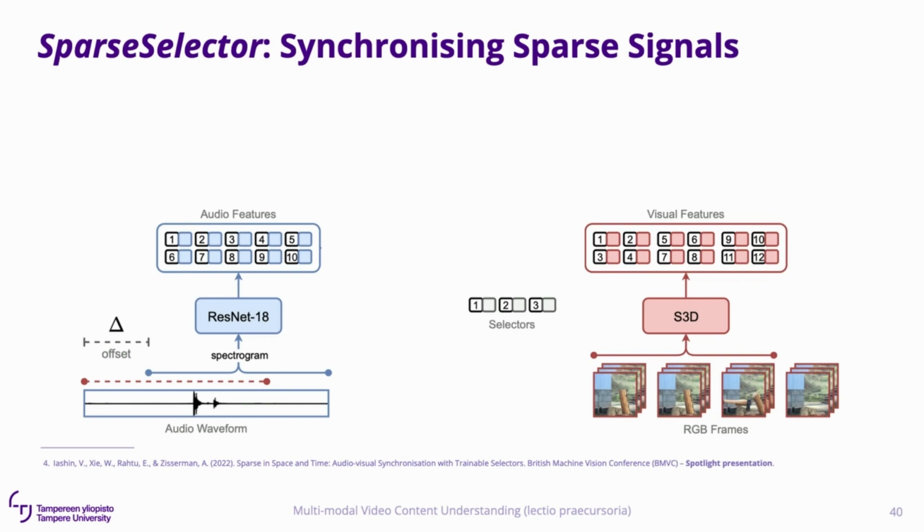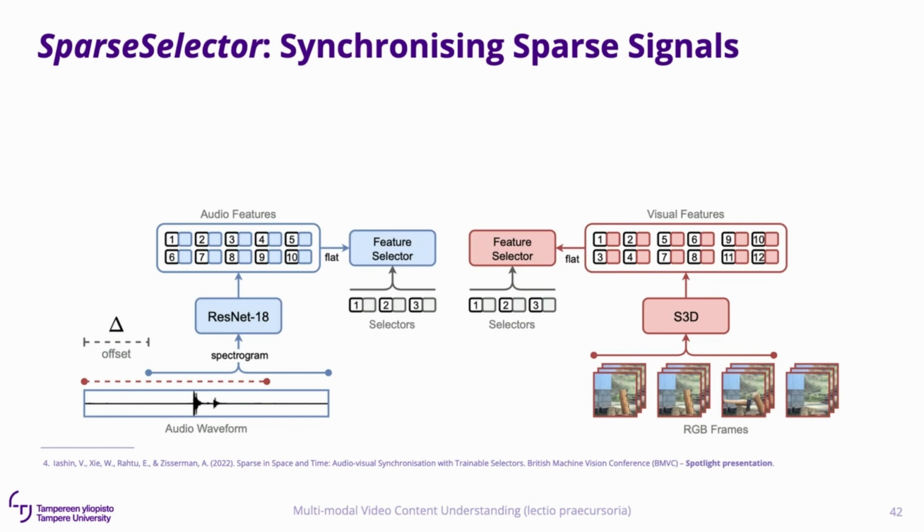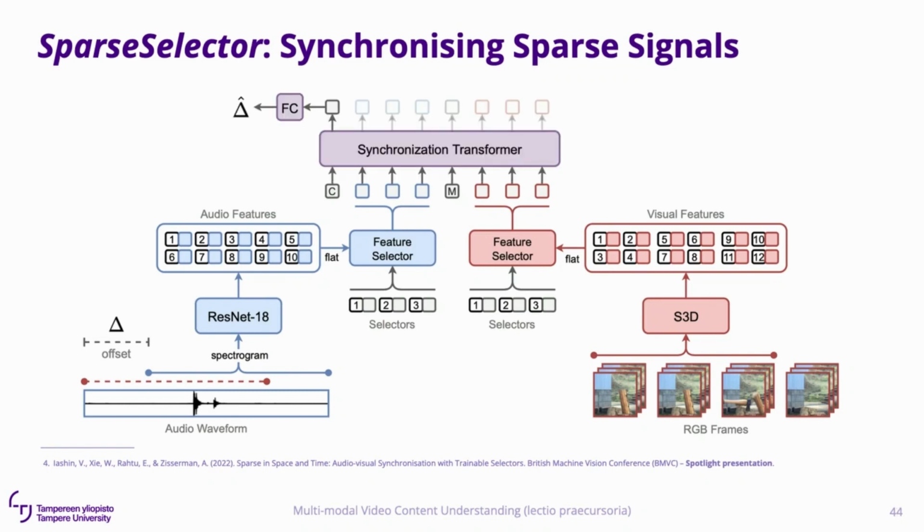Inspired by works like Perceiver and DETR, we suggest having a small set of trainable vectors, let's say 16 of them, that effectively encode useful features via cross-attention modules. We do the same for audio, and the refined feature vectors form the input to our transformer that now operates on a significantly shorter length.